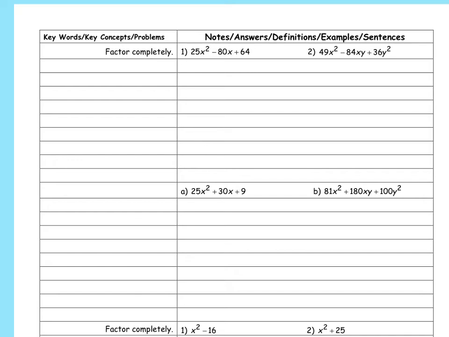A perfect square trinomial. So we're going to factor this, just like how we've been doing. I'm going to make a box over here. I might have made it bigger, but eh. So I've got 25x squared